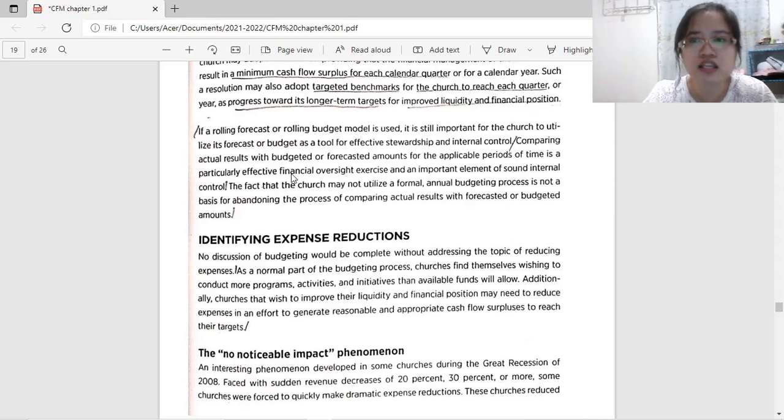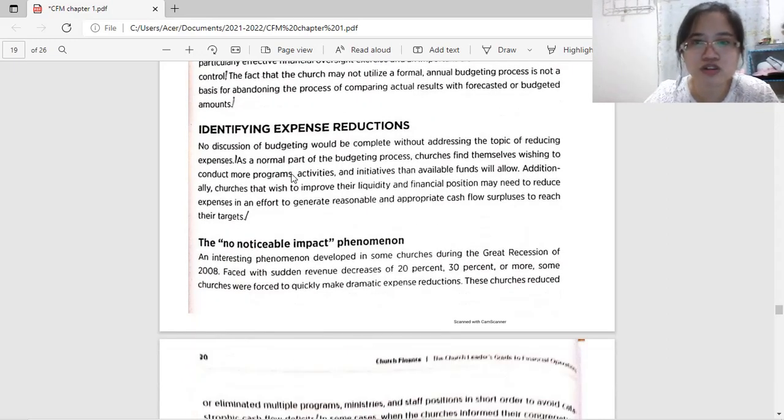Probably an activity that you would have to do is prepare a budget for your missions or for your church. Identifying expense reductions. What are these? Reducing expenses. Okay, so again,